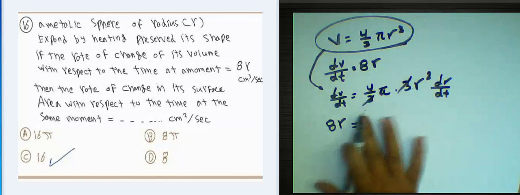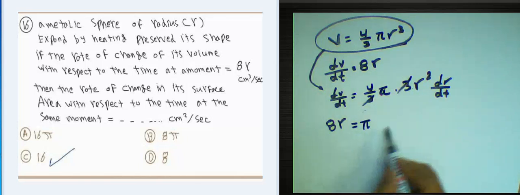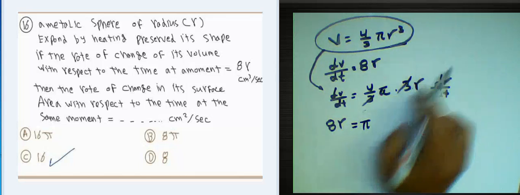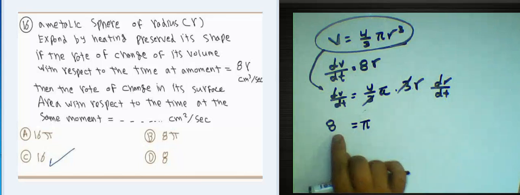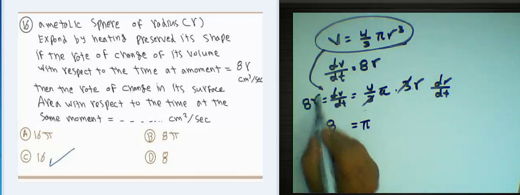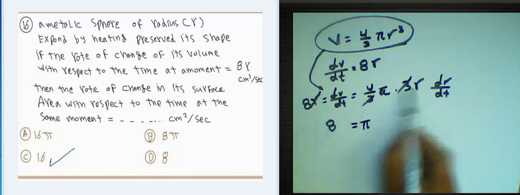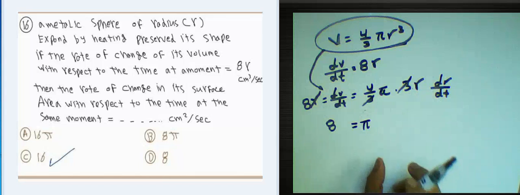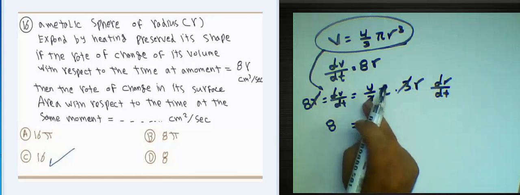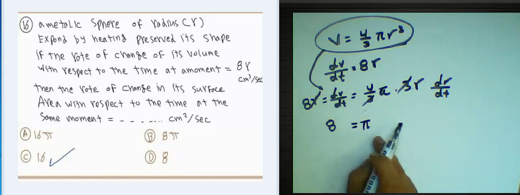To simplify it, write the radius, cancel 1 here, it will be 8. Dividing r by r power 2, it will be r here. Understood? And the result here will be 4 times pi